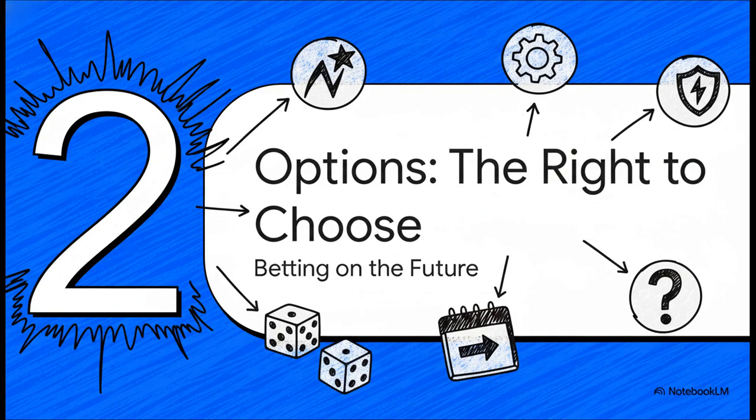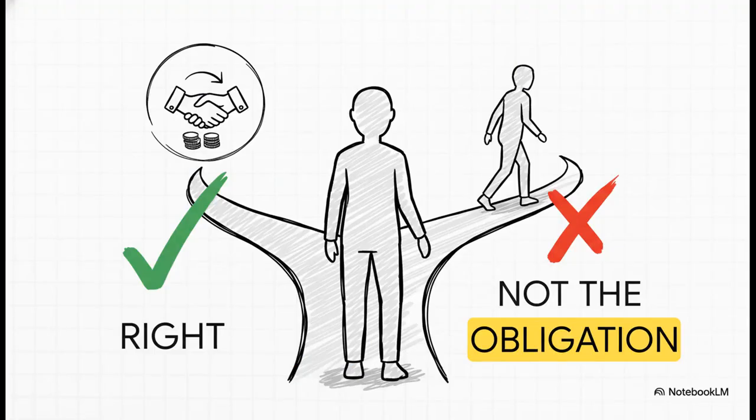So let's talk about our first tool, options. And as the name suggests, this is all about giving yourself the right to choose. It's a way you can bet on the future without being totally locked in. And this right here is the magic phrase: right but not the obligation. That is everything. With an option, what you're really buying is flexibility. You get the choice to make a move if the market goes your way, but you can just walk away